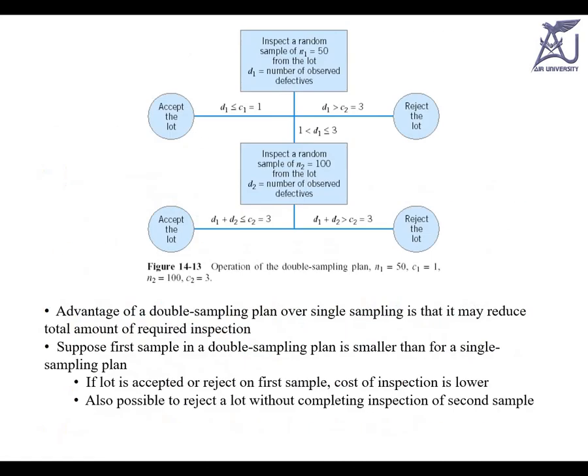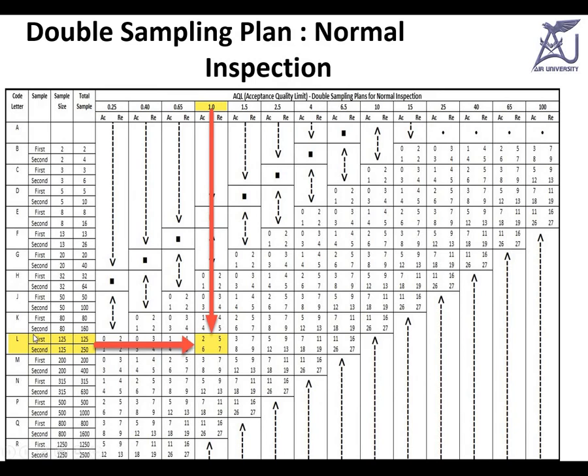In this double sampling plan, once the letter L has been traced out under that level, you can see what should be the N1, N2, C1, C2, RE, rejectable numbers R1 and R2, because all this depends upon letter L, and this letter L comes from the previous chart which I discussed under level 2.